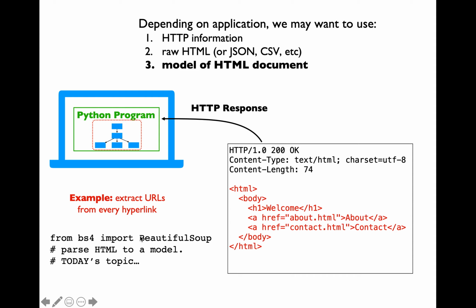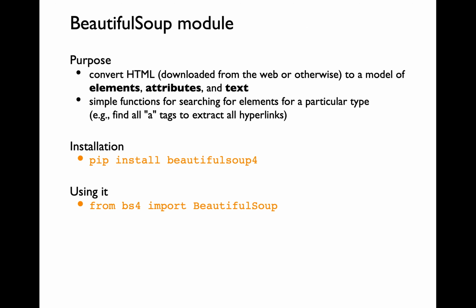We'll be using the Beautiful Soup type within the BS4 module to parse the HTML file using the DOM tree. Let's talk about the Beautiful Soup module. Beautiful Soup module requires installation. Recall that we already covered installation of this module as part of the initial Python installation using Anaconda. If for some reason you're not able to execute this particular line of code, which is importing the Beautiful Soup type from the BS4 module, please try to execute the pip install beautifulsoup4 command inside your terminal or PowerShell window.